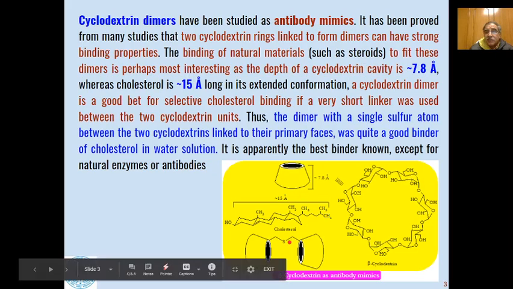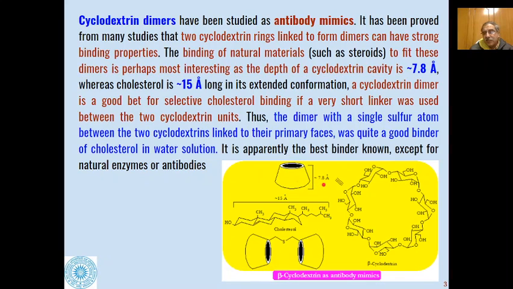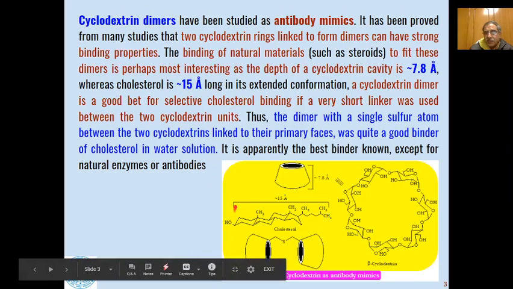What happens is that in case of one cyclodextrin molecule, the size of the cavity is 7.8 angstrom units. Whereas for a steroid like cholesterol, the length of the molecule, say here, is 15 angstrom units